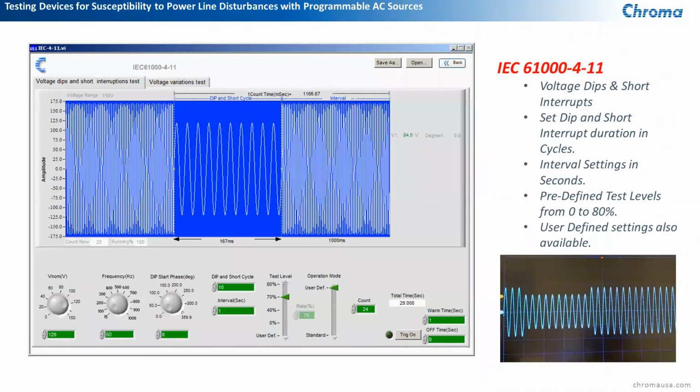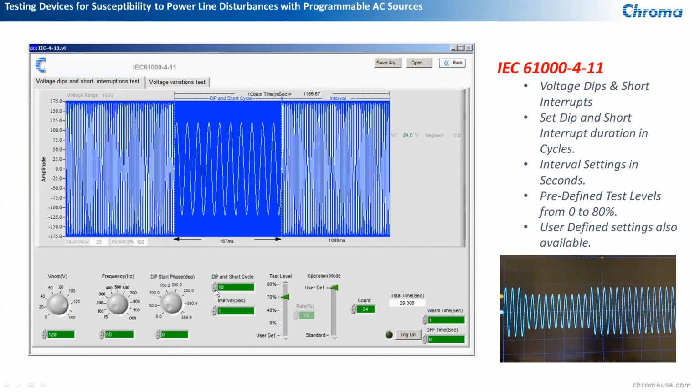So included in the software that we offer, we have the IEC 61000-4-11 example. This one is a fairly straightforward test. It's referred to as a short interrupt or dip. A voltage dip or short interrupt means that the voltage is going to vary for a short duration. And with this, you can use what we refer to as the standard settings. We've already incorporated the standard settings built right into this test, or you can also define your own by using the user-defined settings. You can set the dip time in cycles, 1 cycle increments, anything from 1 cycle up to